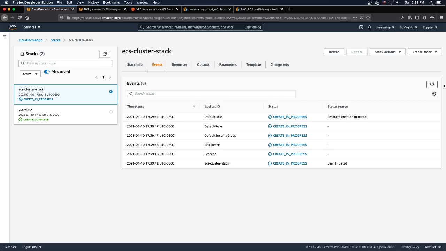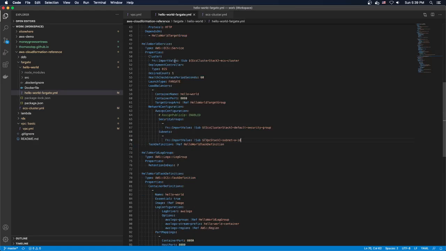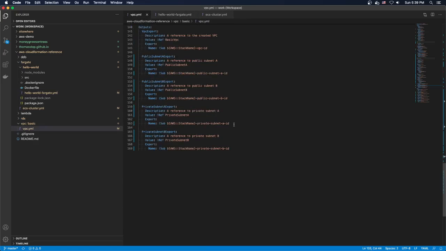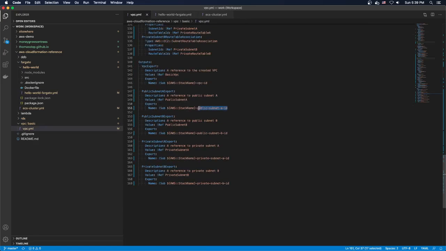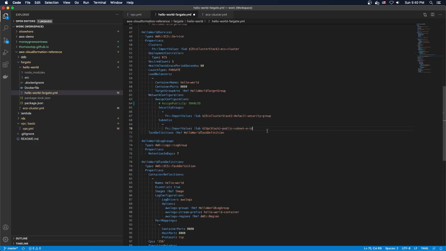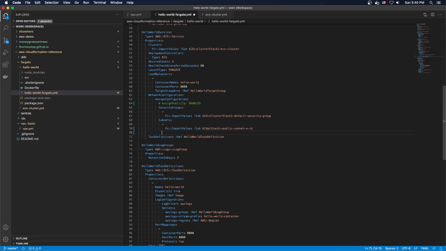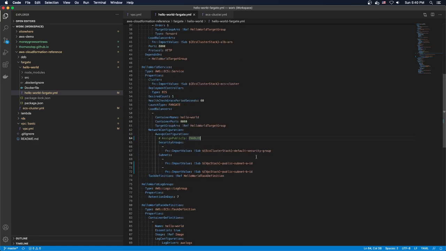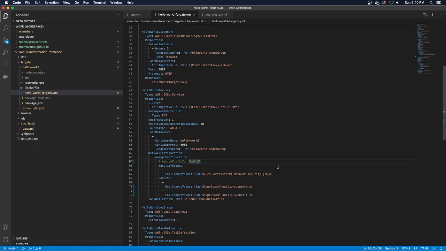And then next will come the Fargate stuff. So Fargate stuff we'll have to change because I changed it right here. So I'm going to add, or change this, and I'm going to add subnet B, so we have a little bit more redundancy. There should be no enabled IP address,